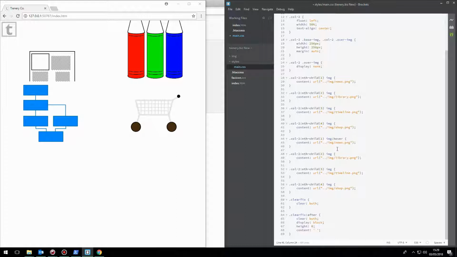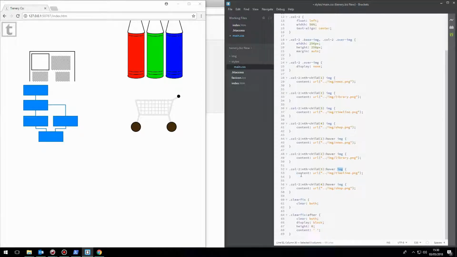Or actually, you know what? I'm going to do it this way. So what this is going to do is say, when I hover over column 2, which is the whole element, not just the image,